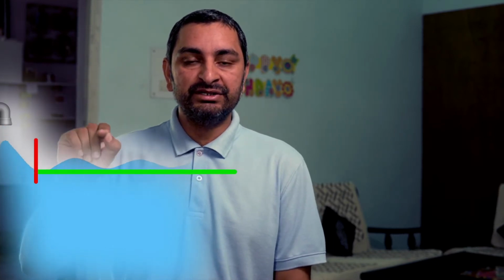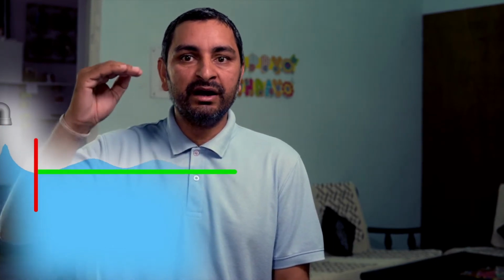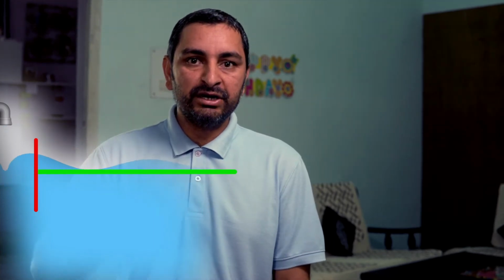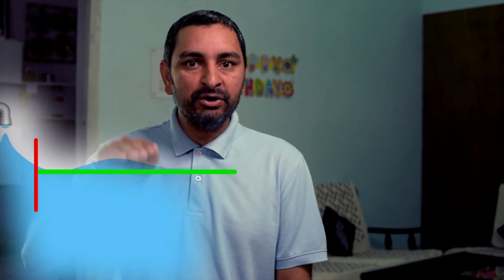And this type of wave is moving in the forward direction, and vibrations, or you can say movements, are perpendicular to this. It is moving in this direction, but movements are perpendicular to the direction of propagation. So this type of wave is known as a transverse wave. Light waves are also of the same nature. They are transverse waves in which vibrations are perpendicular to the direction of propagation.